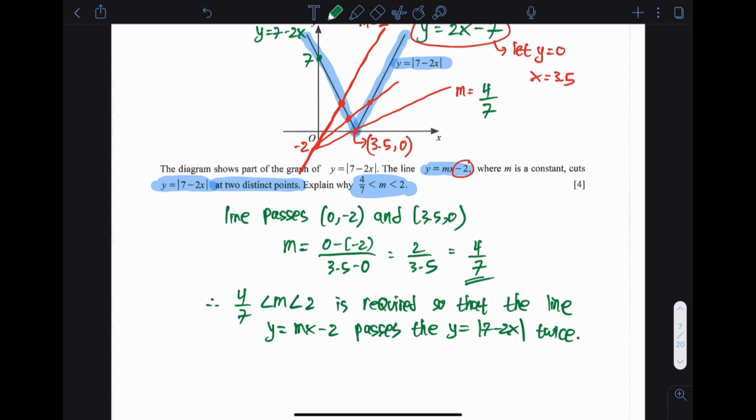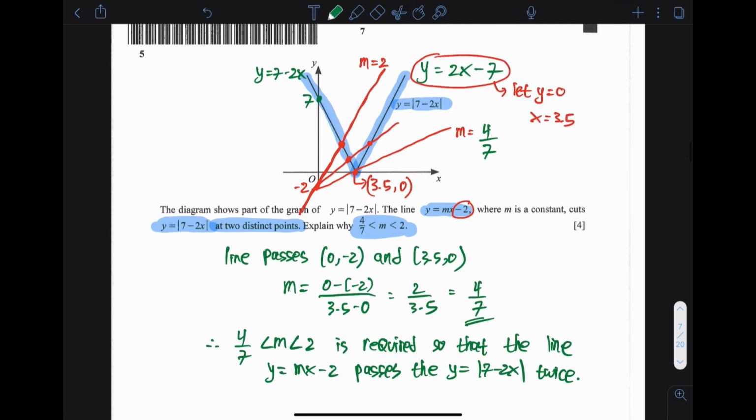In terms of presentation here, it's quite difficult to do this with numerical working. I mean, the numerical calculation is only this part. I suggest that you explain this with sentences about how you draw the lines, how it passes (3.5, 0) one time, and also that when the gradient is 2 it is perfectly parallel and therefore only intersects one time. Apart from that, this is just the explanation for this question.